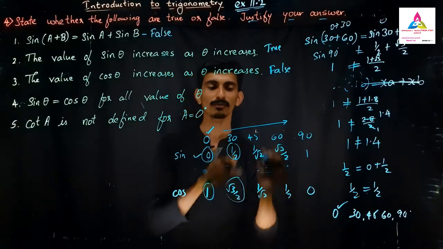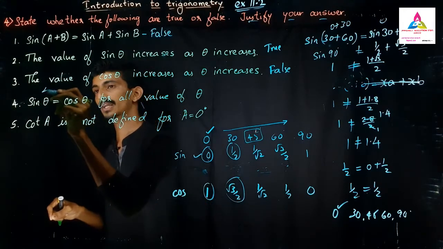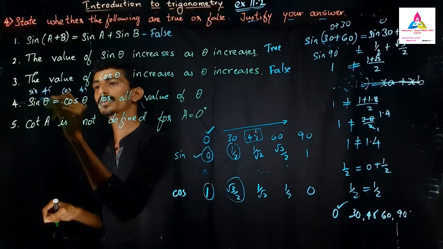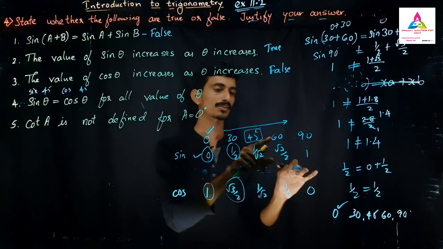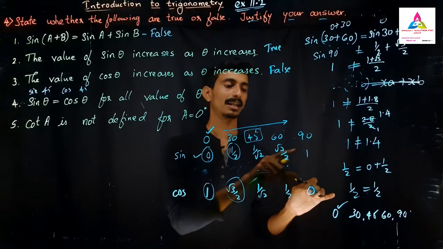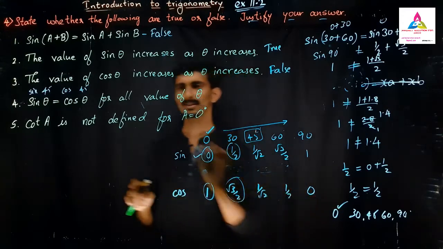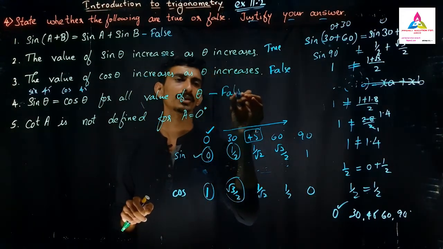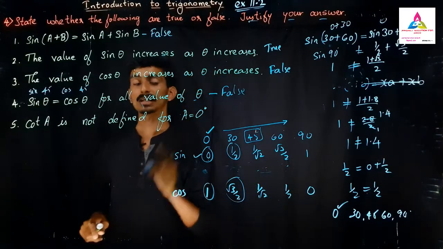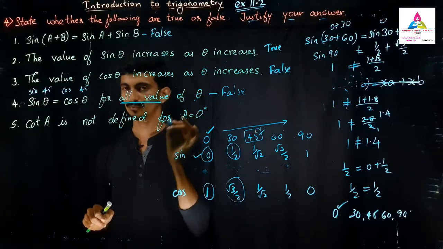But it will be equal when the 45 degree comes. So here sin 45 and cos 45 are equal. So I can take that sin 45 is equal to cos 45. That's all, and we can't go with any other angle. If you are taking 60 degree, sine will be root 3 by 2, but cos 60 degree will become half. Lastly, sine 90 degree will become 1, but cos 90 degree will become 0. It is false, obviously, because for any angle they will not be equal, but it will be equal for only one angle. That angle is 45 degree. So it is wrong, false.